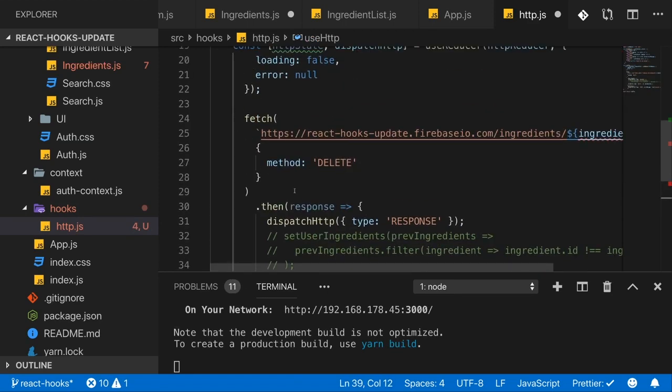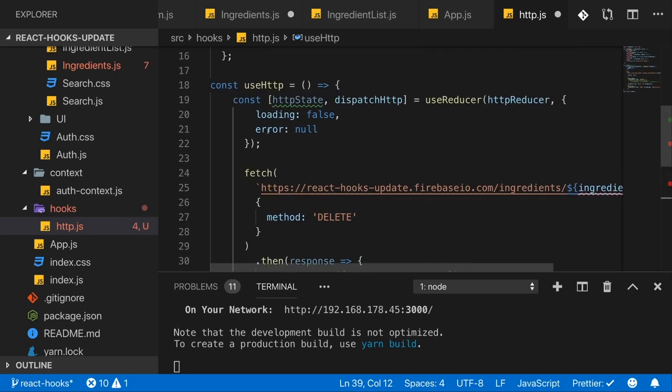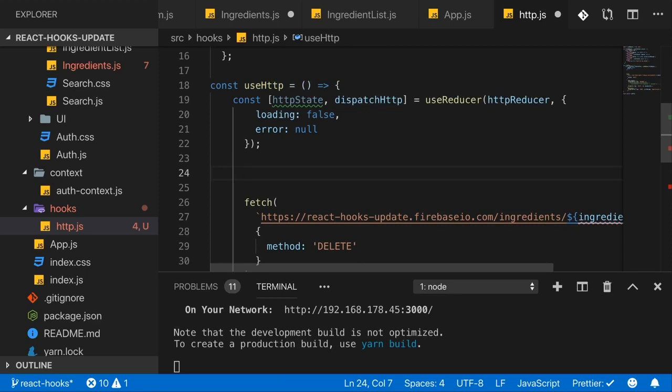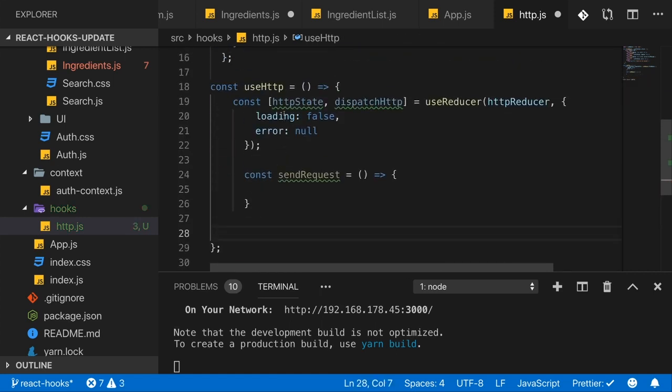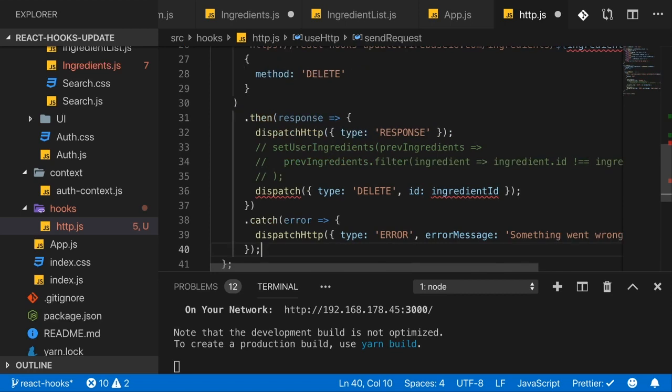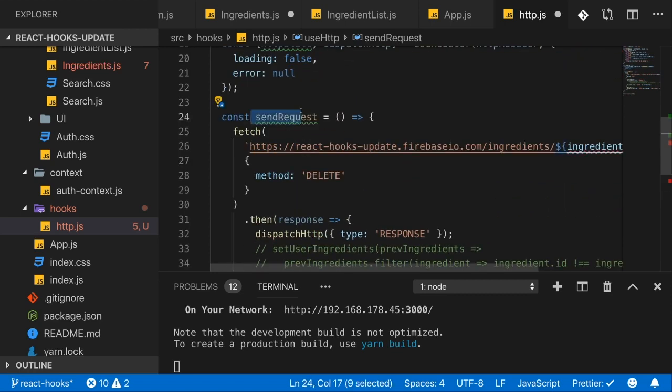This would now execute this HTTP request whenever the component that uses useHTTP reruns. And that's certainly not what we want here. We don't want to run this all the time. Instead, I'll create a new function here in my useHTTP hook, which I'll name sendRequest. Name is up to you though. And that is a function which should actually send the request, so that it's not always getting sent when useHTTP is called, but only when sendRequest is called, which right now never happens, but we'll